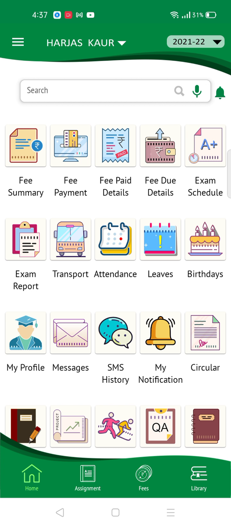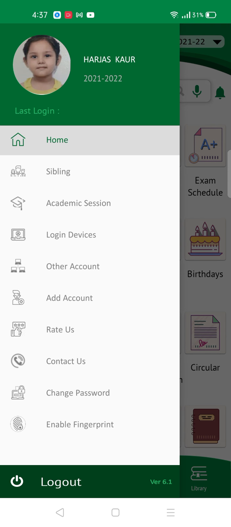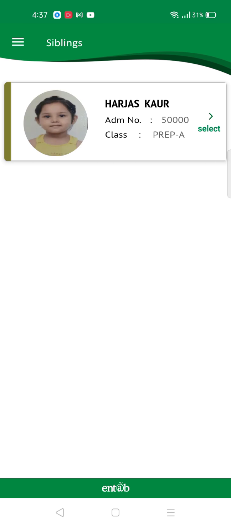Now for example, for MS Teams, the user ID will be your ward's admission number. For example, here I am using admission number 50000. So the user ID for MS Teams will be p50000@cjsmciclko.co.in. The procedure will be the same as what I told you in a couple of videos back.